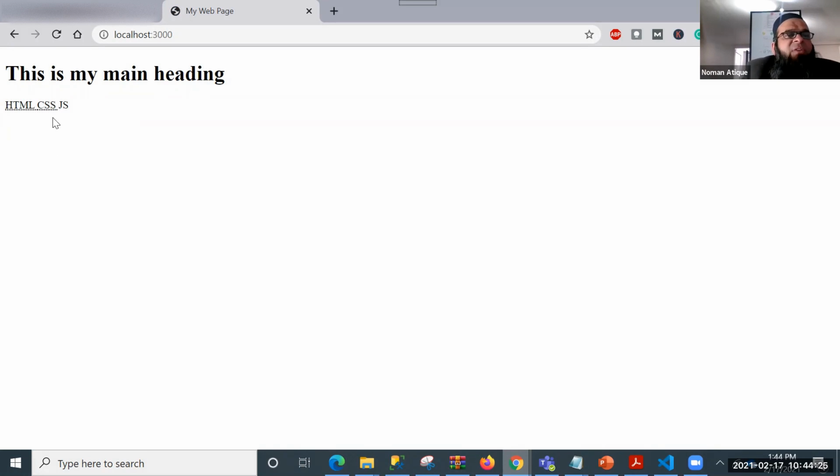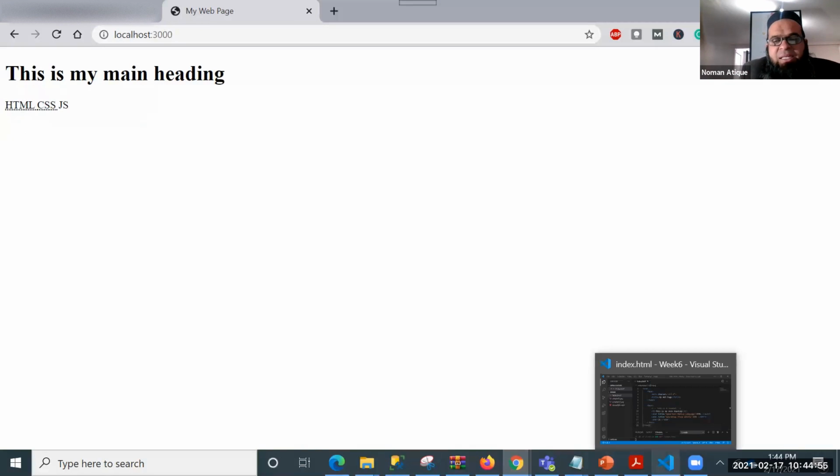What does that mean? If I take my cursor to CSS, it will tell me cascading style sheet. If I take my cursor over HTML, it will tell me hypertext markup language. So abbreviation is a tag that is used to reference short forms of words, and you can just provide them in the title. If you want the user to be curious enough to find out what HTML is, they'll just put their cursor over there, and this tooltip text will tell them that this is hypertext markup, this is CSS.